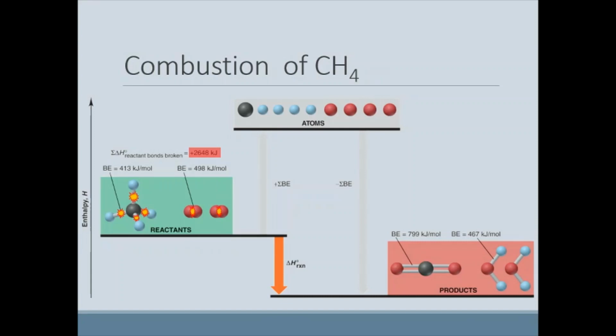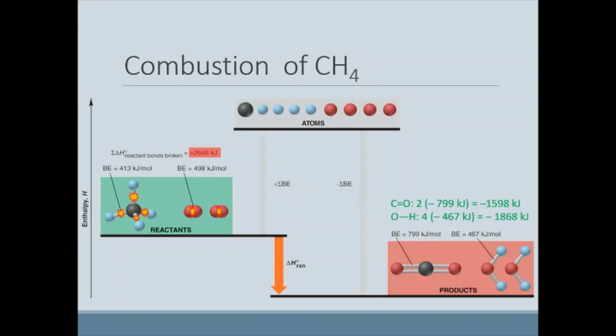But as I stated previously, that CO2 has 2 carbon-oxygen double bonds that need to be formed. It also, on the other end, has 4 oxygen-hydrogen bonds that need to be formed from your 2H2O. And so for these, again, you have 2 carbon-oxygen double bonds and 4 oxygen-hydrogen bonds that need to be formed. And so just keeping track of the number of bonds using the given bond energies, you can see that for